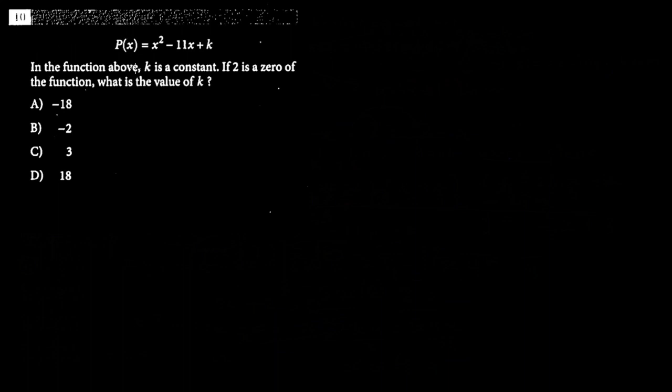Question 10 reads, in the function above, k is a constant. If 2 is a 0 of the function, what is the value of k? When I first read this question, I'm like, what the heck is a 0? Then I remembered they're the same thing as x-intercept,